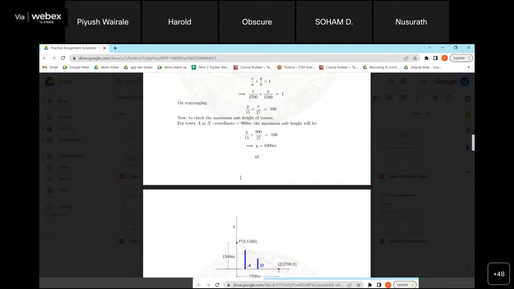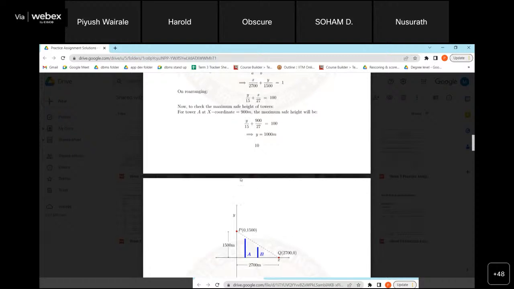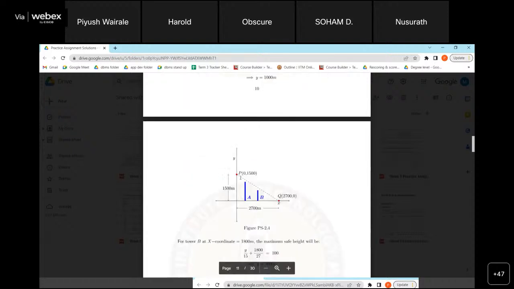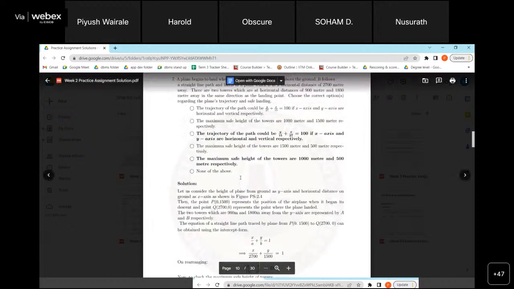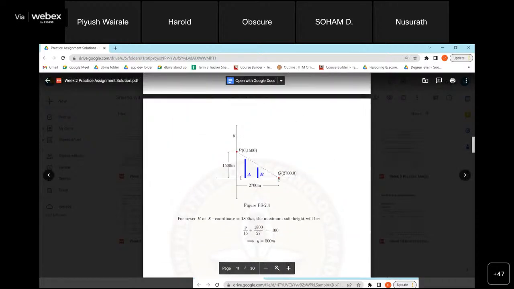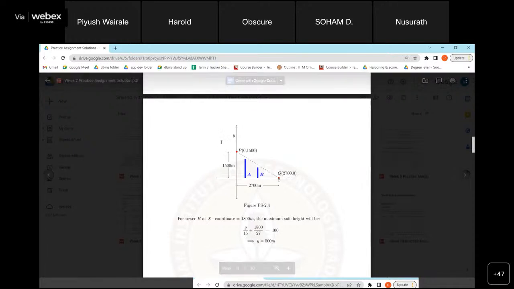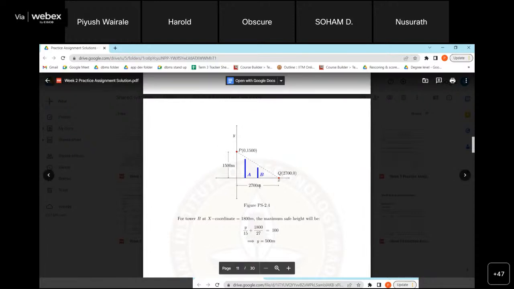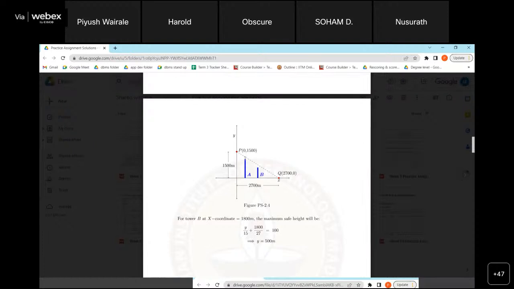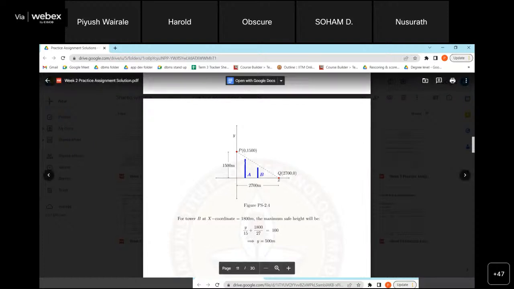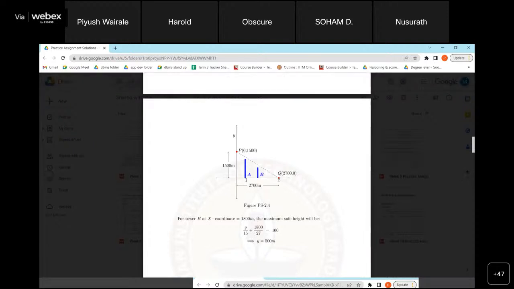Now just find out the equation of a line. So we have to find out the equation of a line for a tower, whose x coordinate is this. We have the equation of a line from these 2 points, we can calculate, right? A tower means a vertical line only, you can assume. So the equation of a vertical line is x equals this particular distance. This is the equation of this particular line, right?